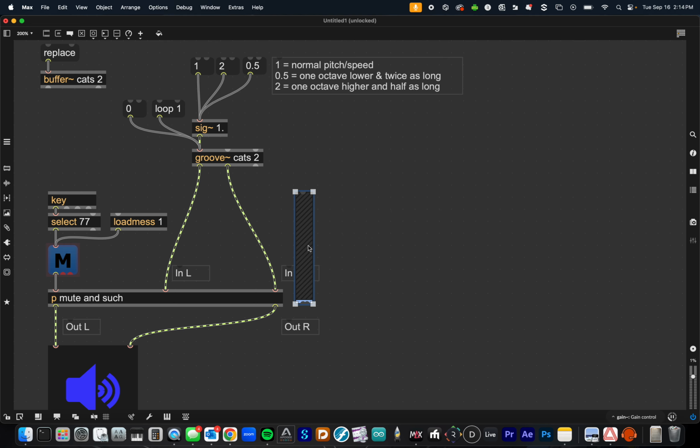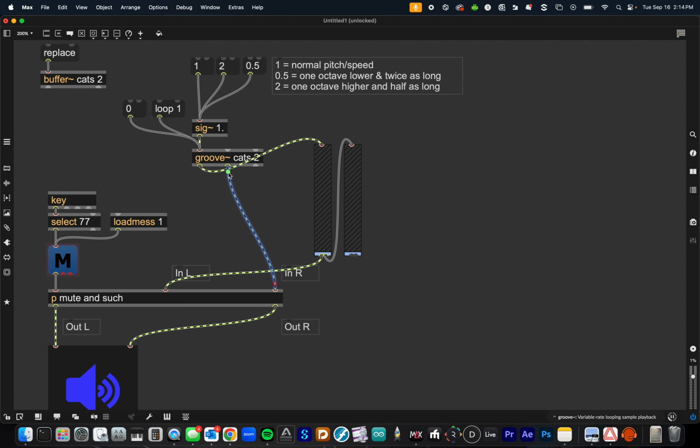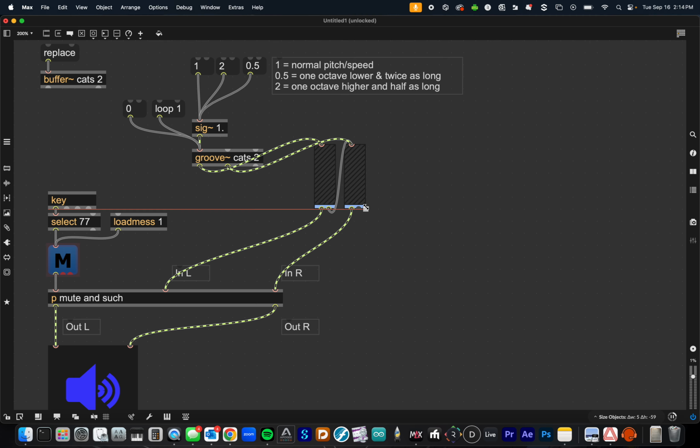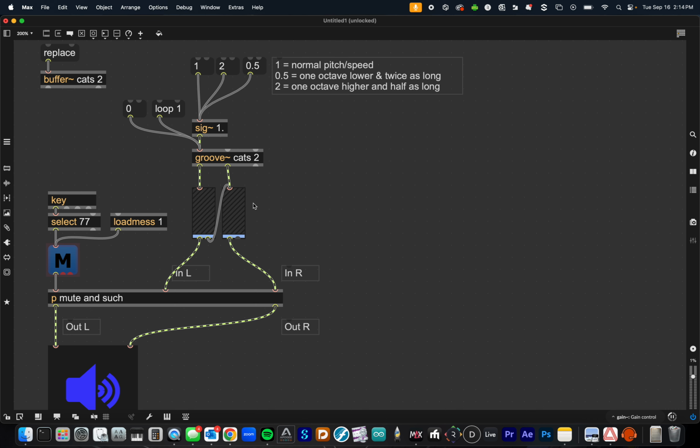You always want to have volume control on your output somewhere. So let's bypass this with a gain. Great. So it's just so we can control the audio. I'm lucky that this recording is pretty quiet, so it doesn't matter. But now, if I turn this up,